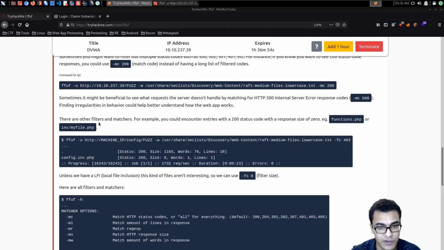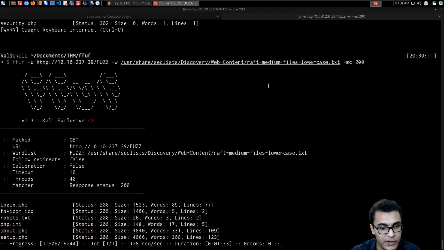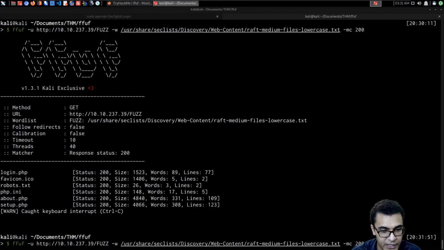For example, you could encounter entries with a 200 status code with a response size of 0. So, for example, functions.php or inc under the inc directory, so myfile.php. We can perform fuzzing under a different directory and then filter the response codes as it does here. Of course, this is relative to Apache and PHP. So let me change that to filter code 403, and then we're still using files, so performing file brute